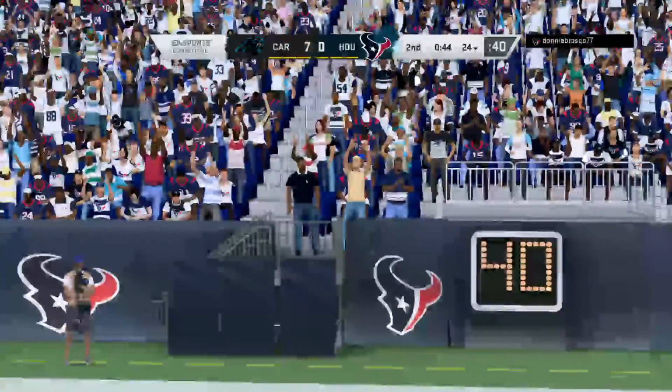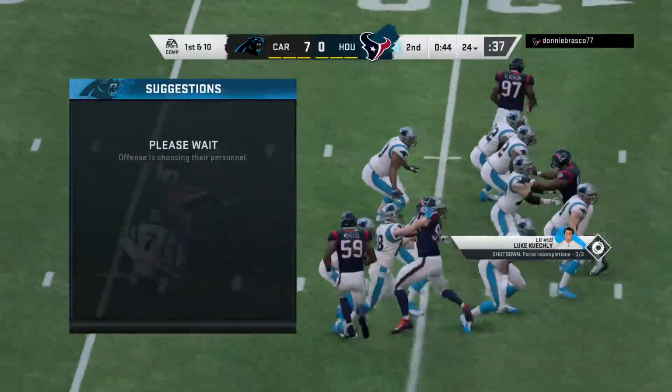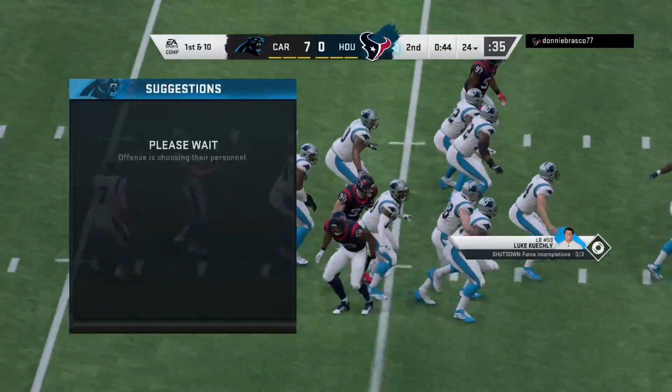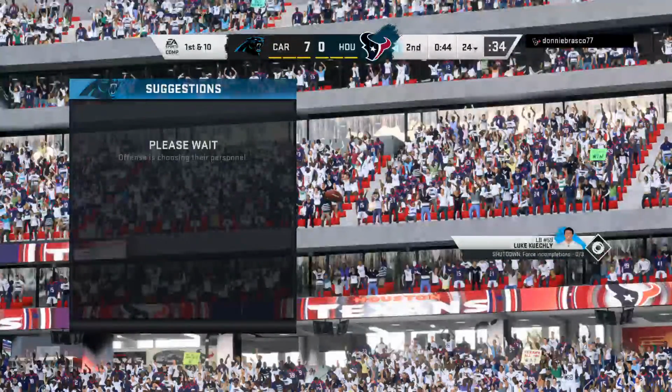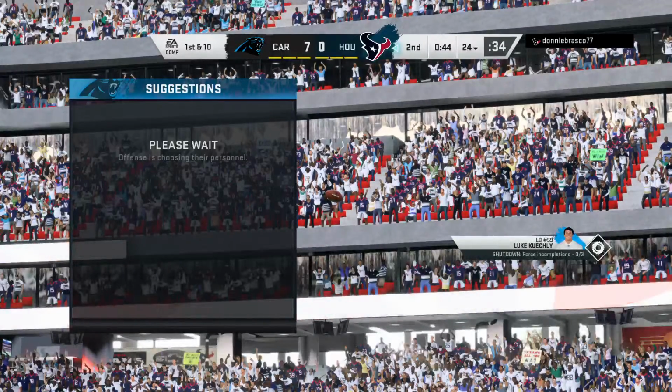And he tugged this one badly. It's no good. Wide left. And this score will stay right where it is. So an empty possession there. What do you think went wrong, Charles? Well, it looked like maybe the plant leg might have given way just a little. And when